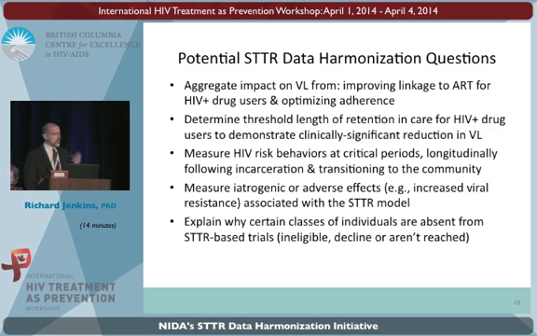And also, by having these large data sets, getting a better sense of why and who we don't have in these clinical trials. Who are the people who are ineligible? Who are the people who consistently decline? Or who are the people we know are important who aren't reached in these studies?